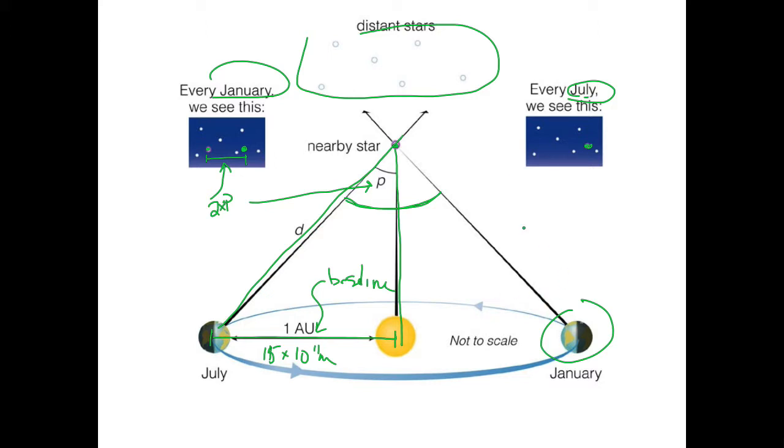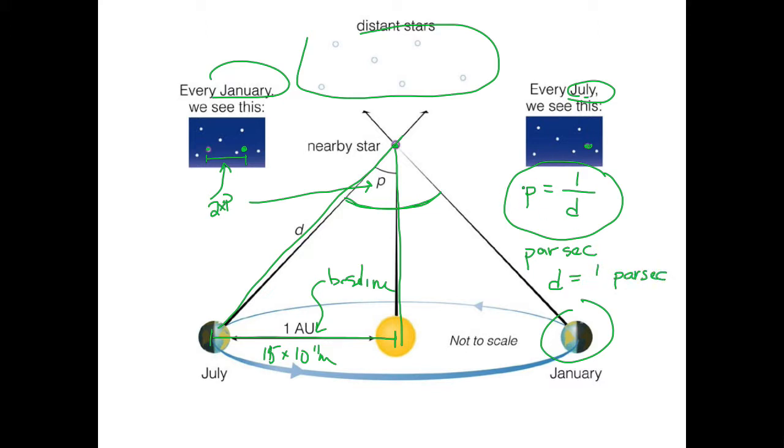So I can write down that the angle P is equal to 1 over the distance d. And this is the relationship: the further away it is, the smaller the angle is. The measurement unit we use for this is called the parsec. And the reason it's called a parsec is because at a d of 1 parsec, so if d is equal to 1 parsec,